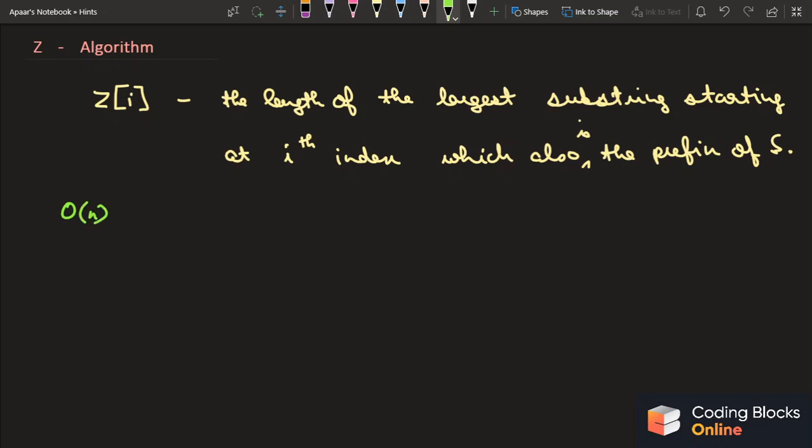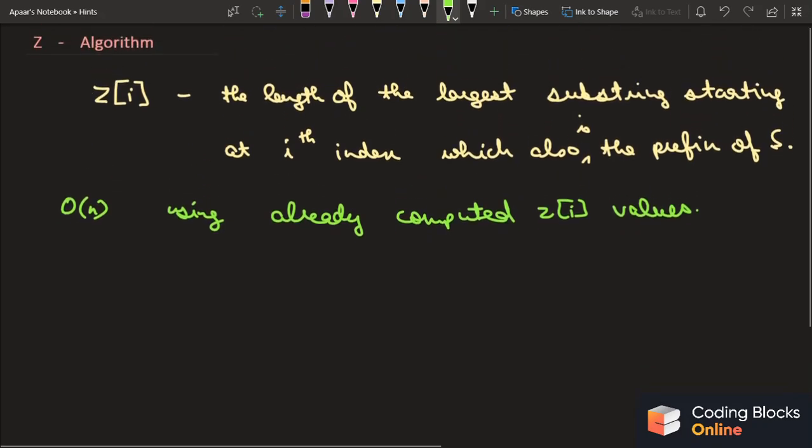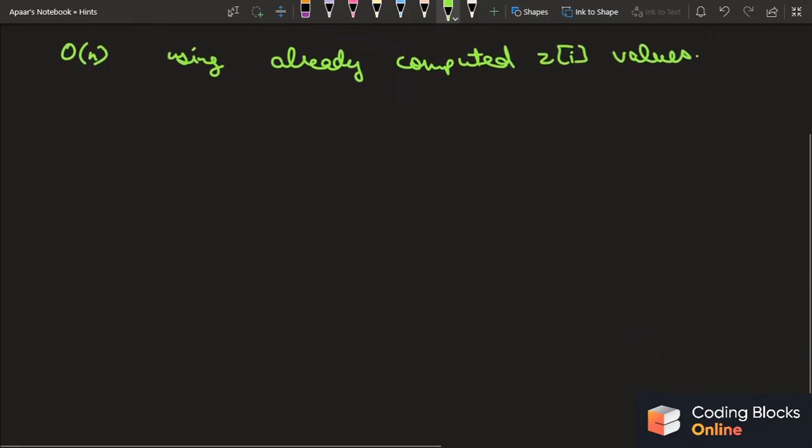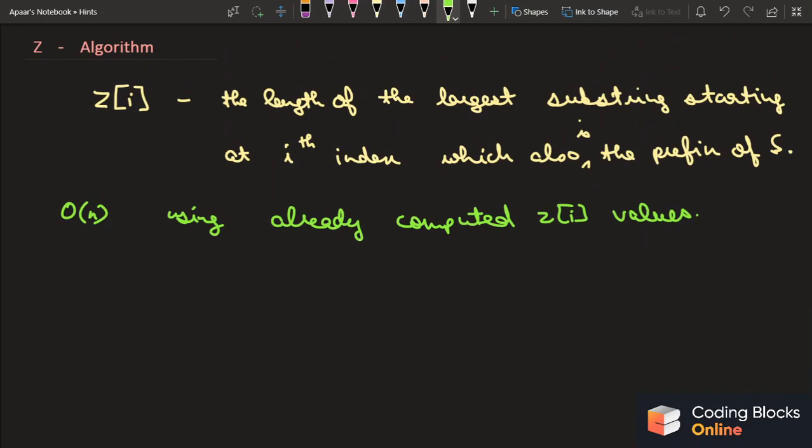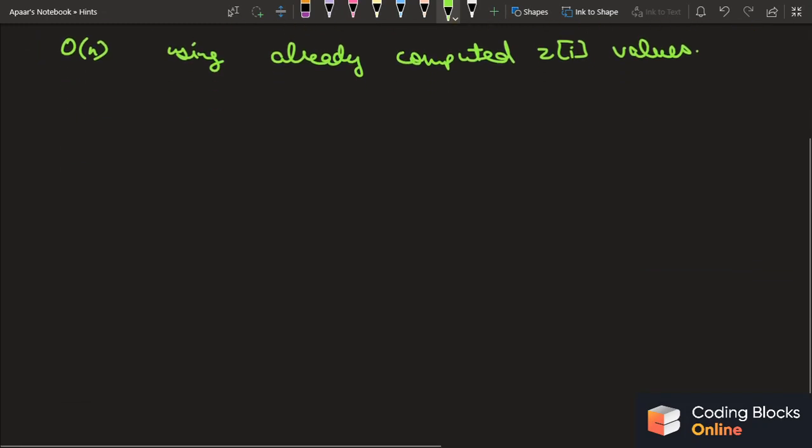Right. And to calculate Zi in O of n, we'll be using pre-computed, that is previously computed Zi values, or using already computed Zi values, right, as we did in the LPS array. Okay, so first of all we'll be using already computed Zi values, and there is an important thing in this O of n algorithm that we'll always maintain. The important thing is that